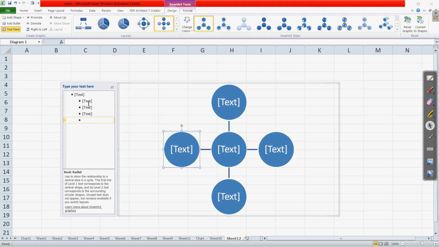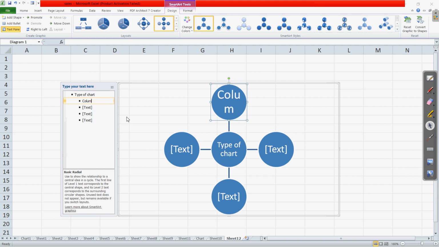So suppose I am selecting the type of charts. So suppose the heading is type of charts. So we can include whatever the topic we have completed. We can make a smart art for that. So the different types of chart, right now we are having 4, so let us write any 4.